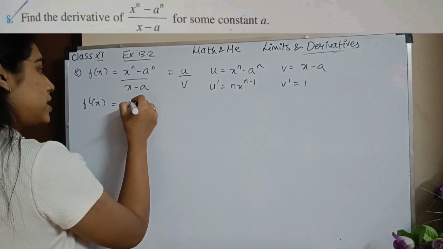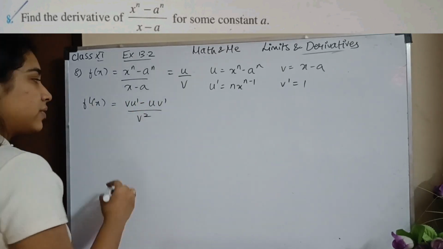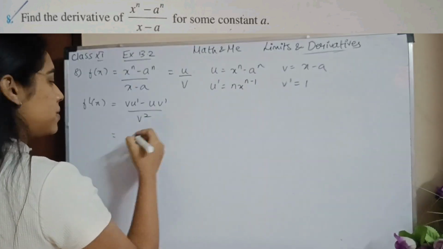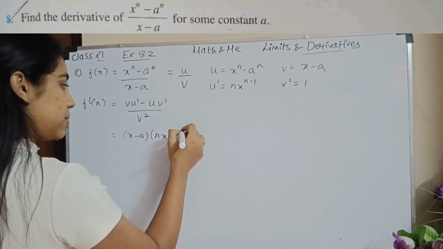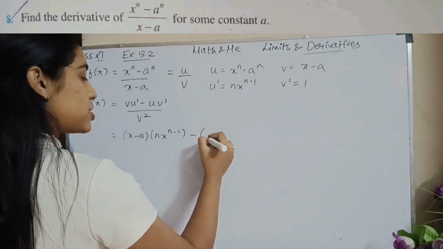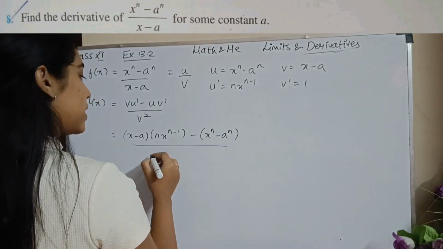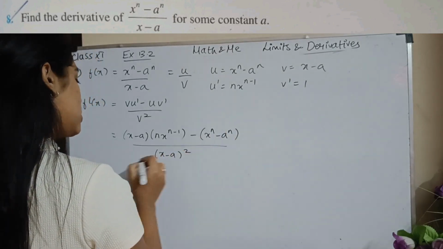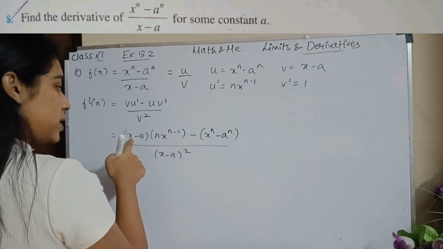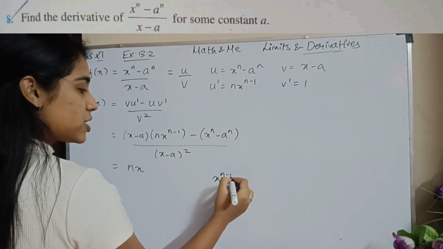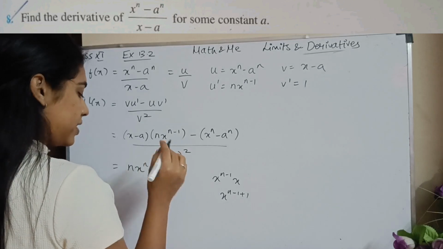f dash of x is v u dash minus uv dash divided by v square. v comes first without a derivative. So, this is v u dash; substituting, x minus a times u dash, n x to the n minus 1, minus uv dash, which is x to the n minus a to the n times 1, divided by v square, which is x minus a the whole square. So, multiplying the brackets, I have n x to the n minus 1 into x. So, the powers get added up, and it will be x to the n. So, I have nx to the n